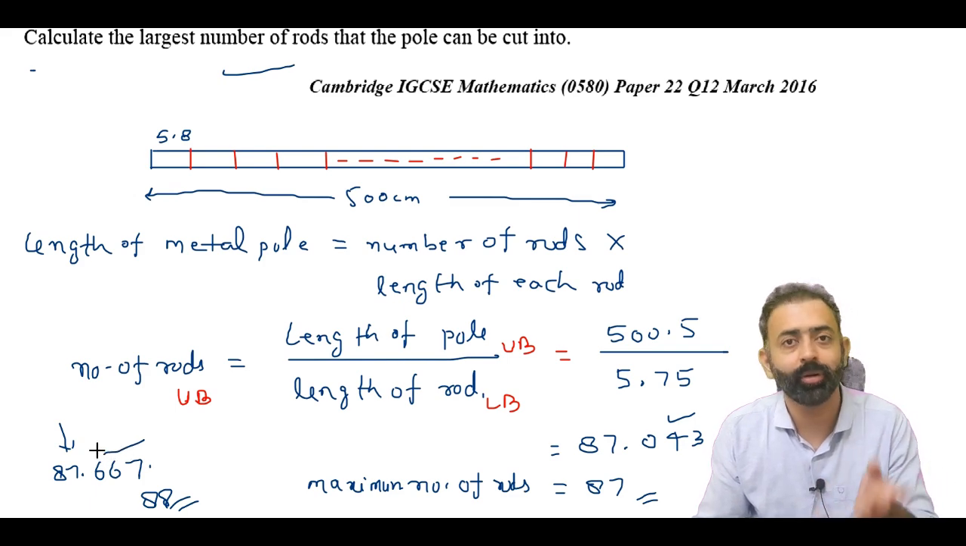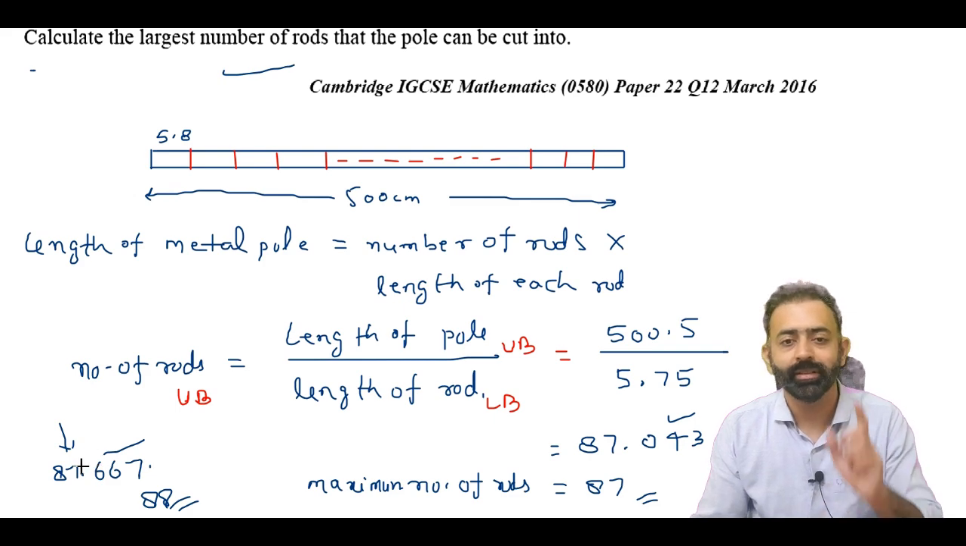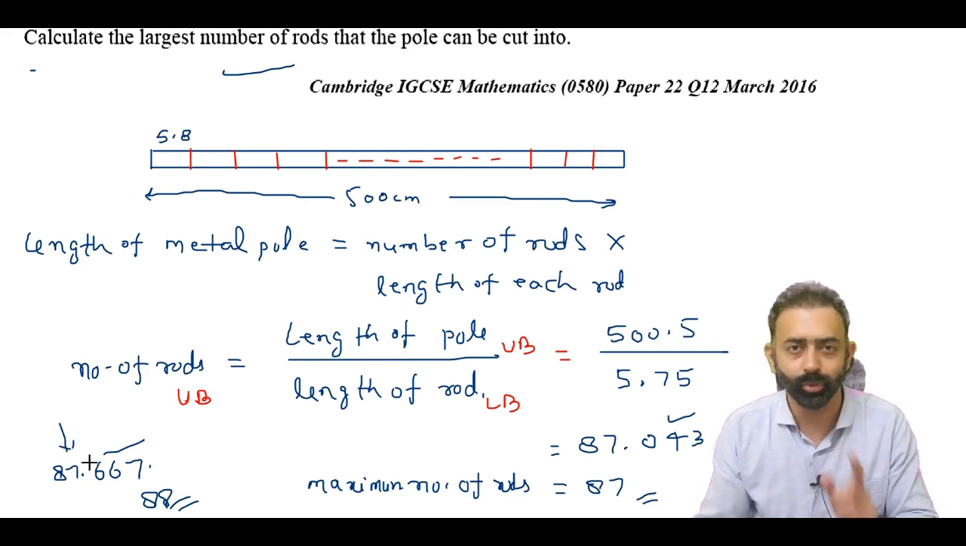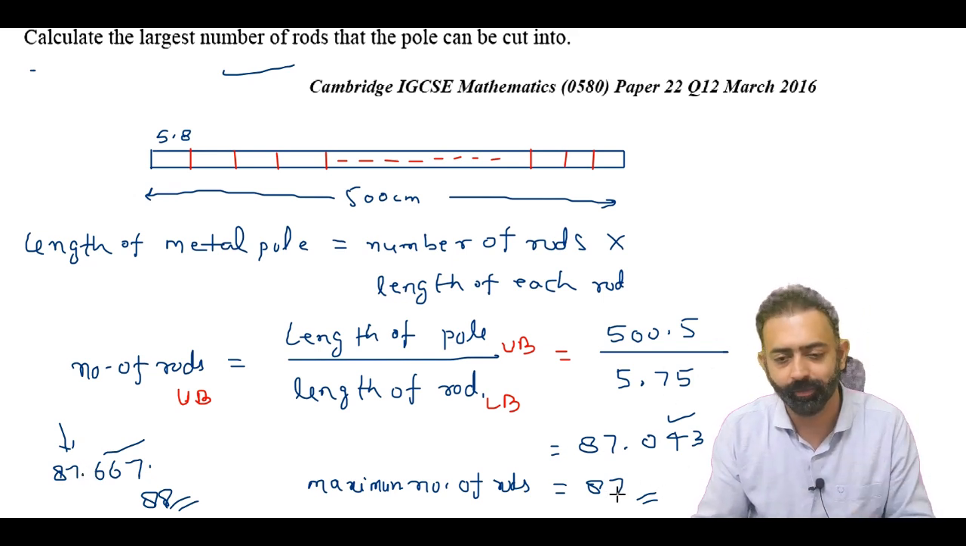So it is not about rounding, it is about the context of the question, which is the number of poles, which is an integer, right? So here the answer is 87, of course. Okay,